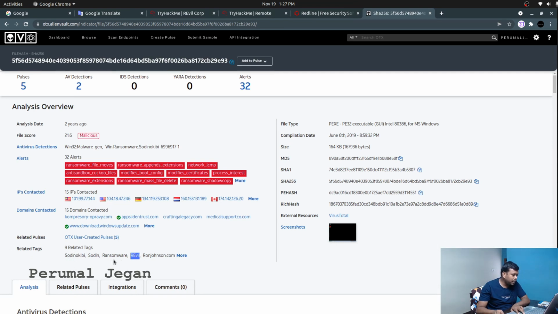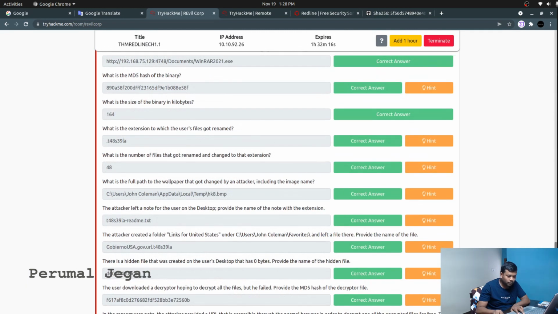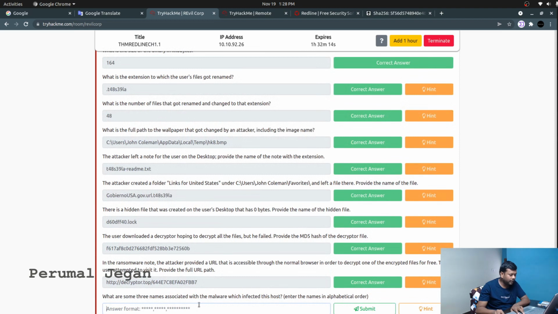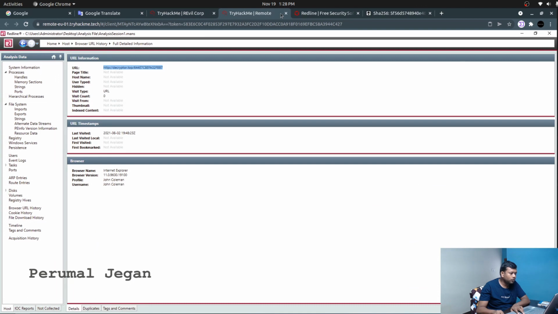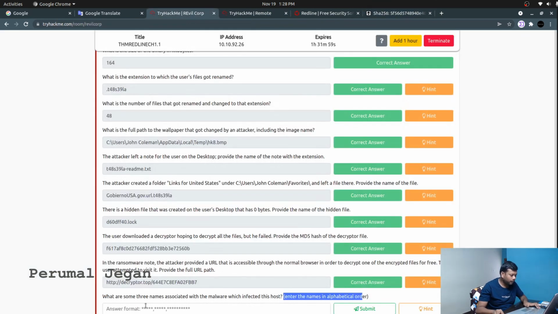We can see the three words here, REvil, Sodinokibi, and that matches with the list of characters given here. And also we need to enter the names in alphabetical order. So it's time to answer. REvil, Sodinokibi. Let's try that. REvil, Sodinokibi.